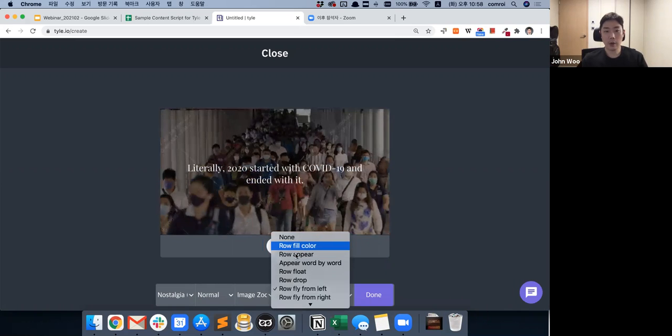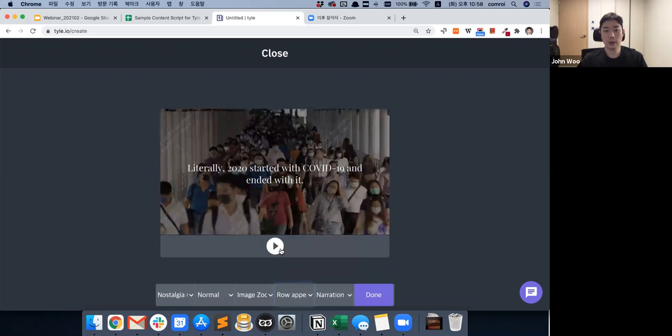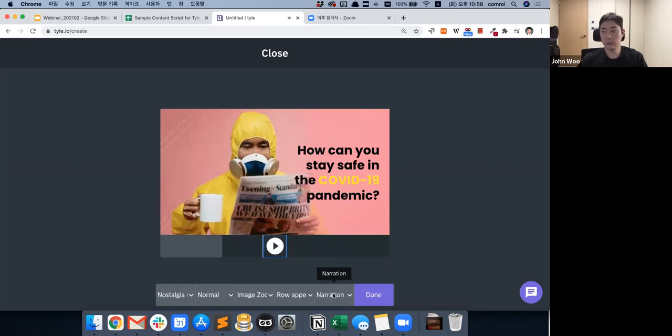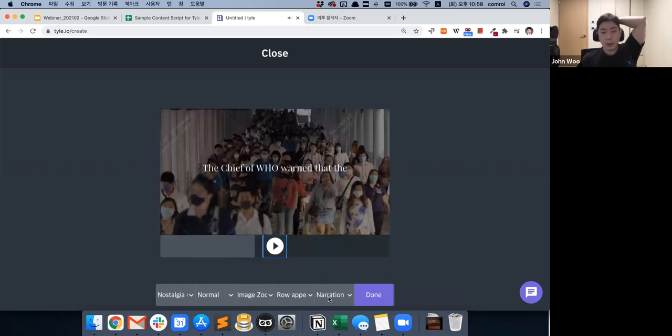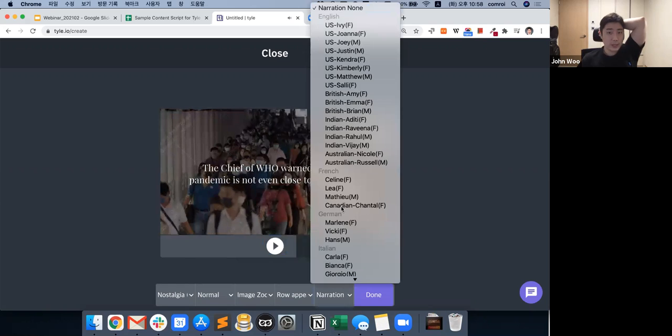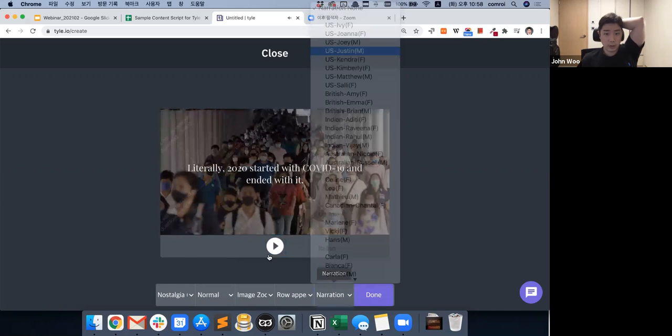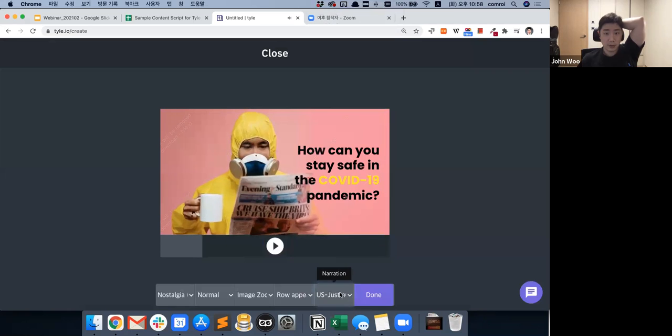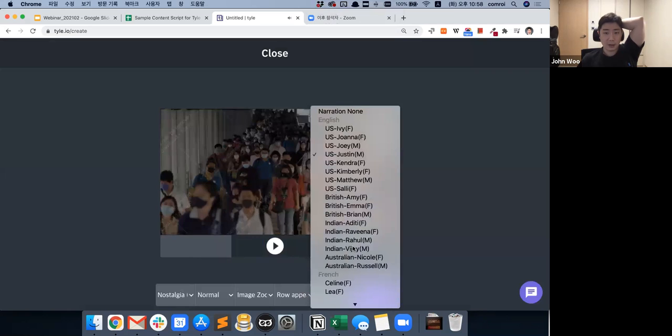For now, I will pick any text effect like this one. It's cool. And then you can set TTS here. How can you stay safe from the COVID-19 pandemic? We added a lot of